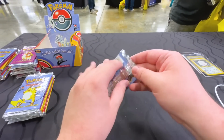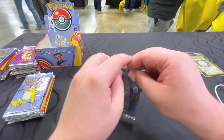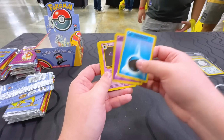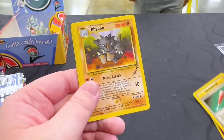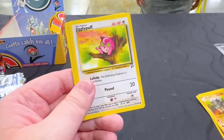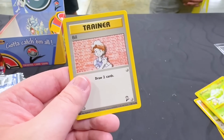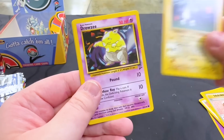It's a Raichu pack. We're getting to the end of the definite over 21 weight packs, so we might have to start dipping into some of the maybes. Two to the front. We got Water and Psychic Energy. Now let's straighten this out. Haunter, Full Heal trainer. Rhydon, that's a fun one. Oh, Jigglypuff. Always love a Jigglypuff. Bulbasaur, there's our first starter common. We got Bulbasaur, Magnemite, Drowzee,